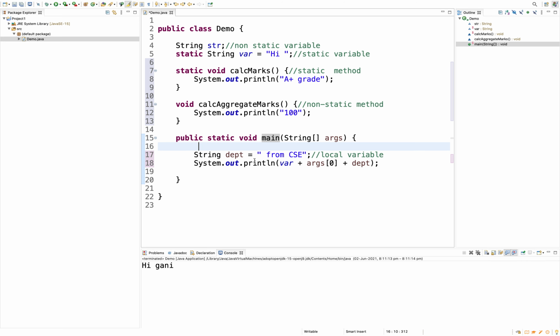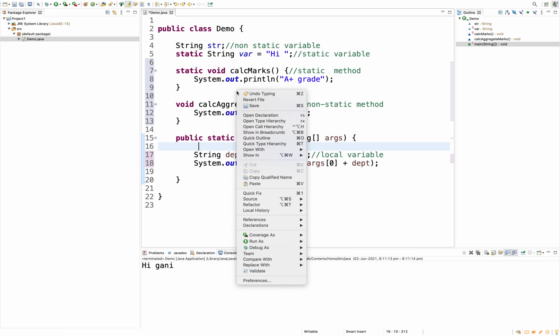To run this we need the JVM. The javac compiler takes care of compiling the Java classes, and once compiled you get the bytecode .class file. That .class file is the input to the JVM, and the JVM takes care of running it.